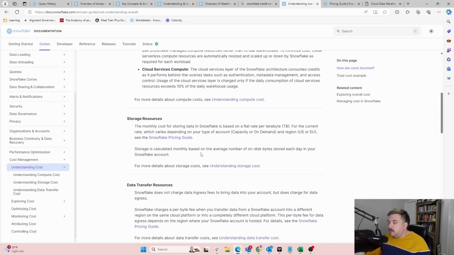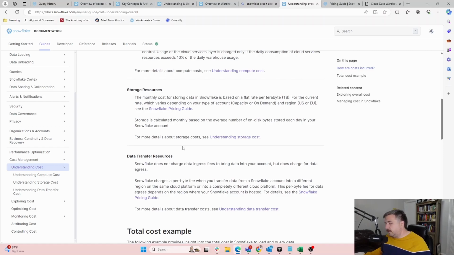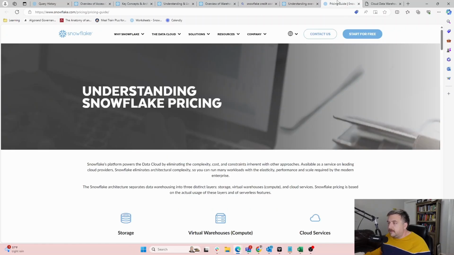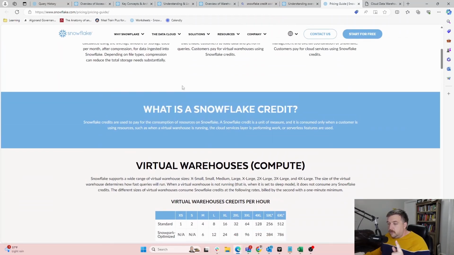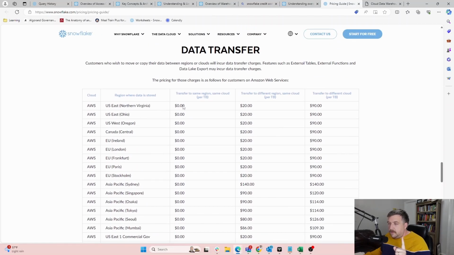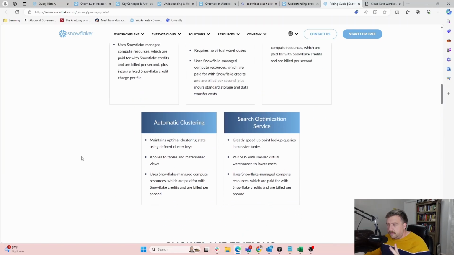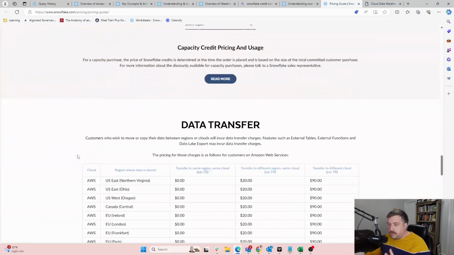Storage resources. So there's no cost for ingress, but egress does charge, which is to say that as I'm pulling data out of my database, there is some charge associated with that. This is actually a really cool tool if you want to price yourself out and get an idea of what this is going to cost. The data transfer is based on your region. I'm sorry, I think what I just said was that there is no cost for that. I believe there is a cost, but it's not a lot. It's like $23 a terabyte.